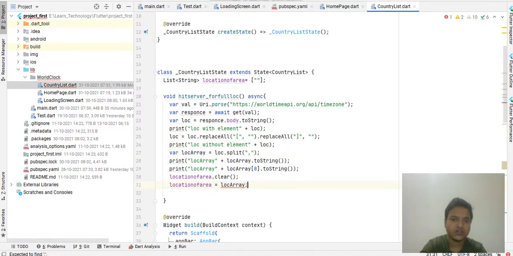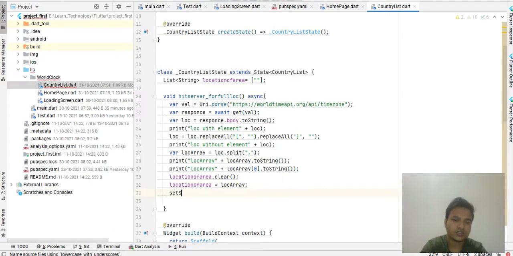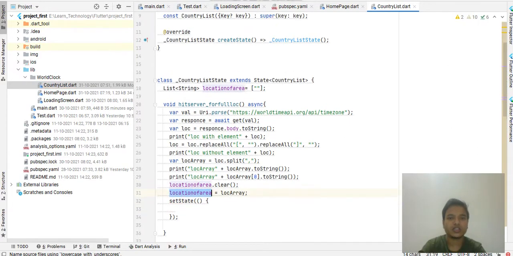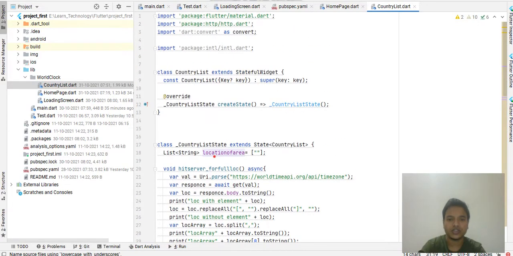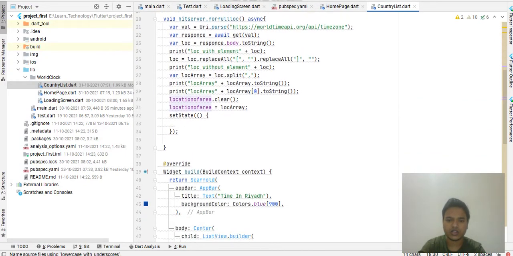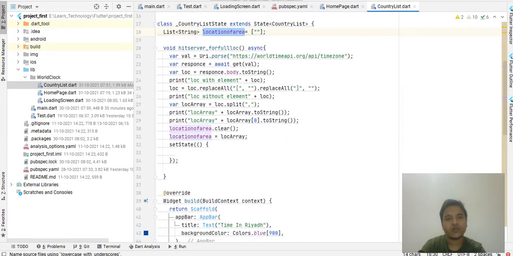Once you've done all that, we have to call setState because it's a stateful widget. What this does is assign the value here, and wherever you use it in this class, the value of the location area list will change to the value that you recently assigned.